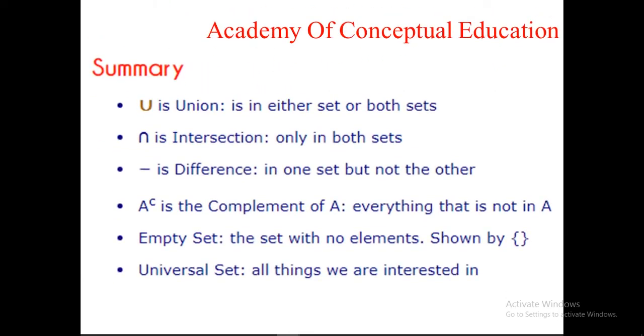So now this will be the summary of this topic, sets and notation. Now these are the very important key terms: the symbol of U is this, and in the universal set you have to include all the elements of A and B, or any two sets. Like here, this is the symbol of intersection, and intersection means you have to mention the common elements, and this negative sign means you have to write the difference.